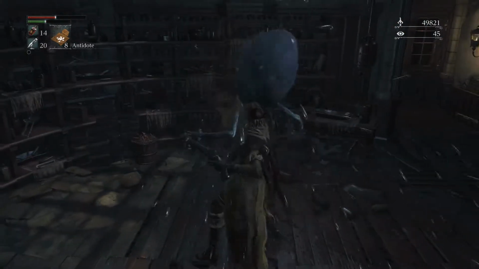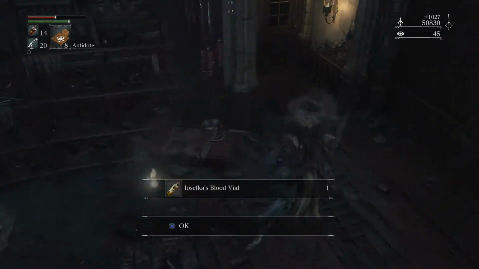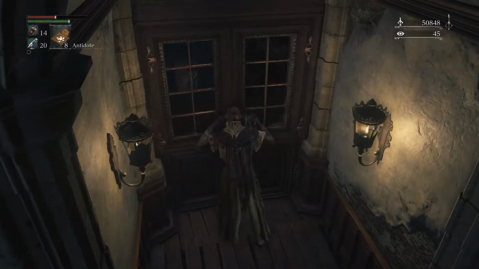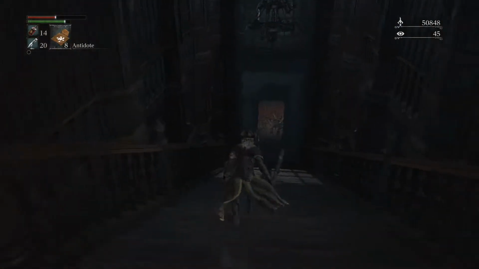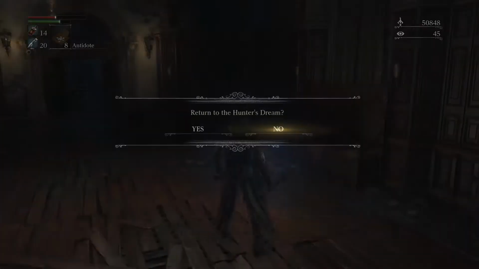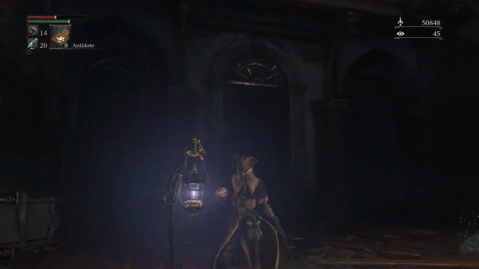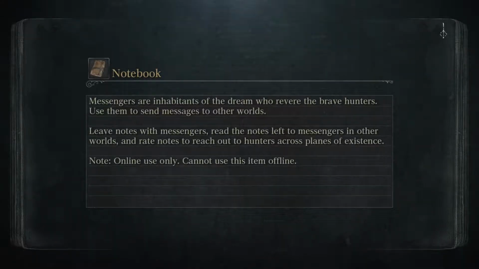Check the item that this creature drops. A Yosefka's blood vial. Now, it is presumed that the imposter Yosefka experimented on the real Yosefka and ended up turning her into that thing. Now here is where I head back to the Hunter's Workshop, or the Hunter's Dream, sorry, in order to